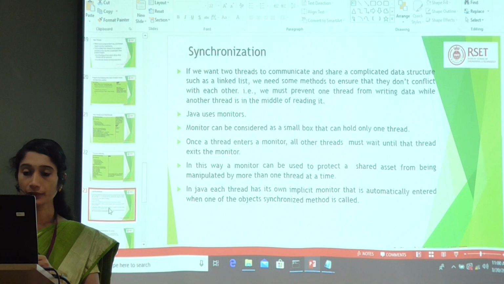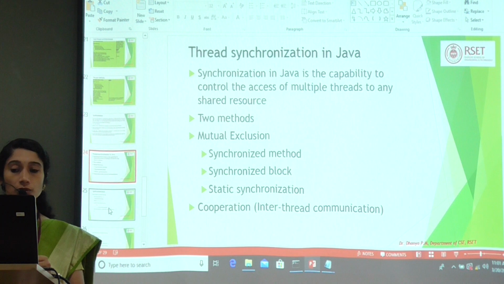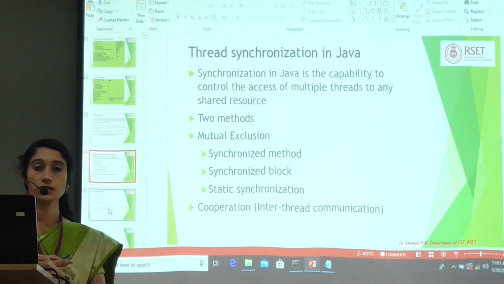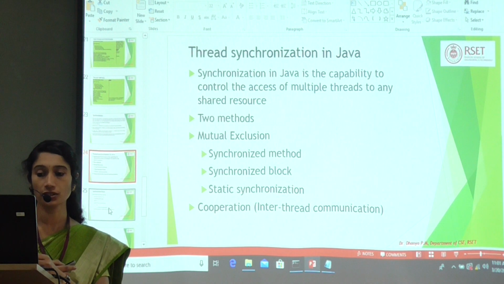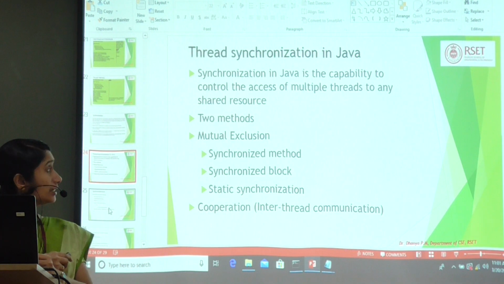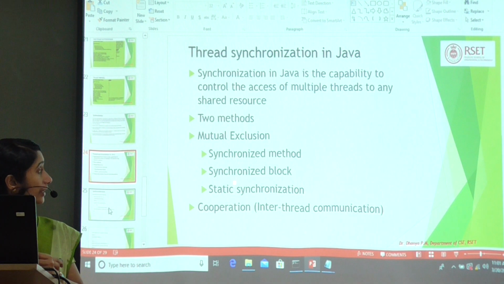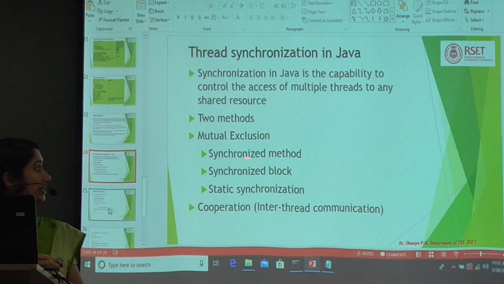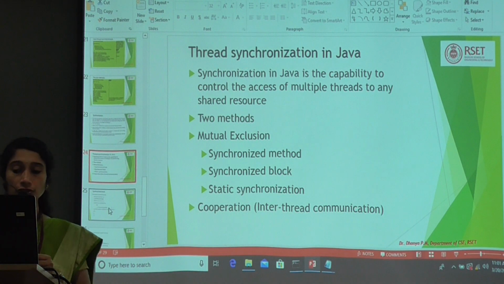Now, this is called thread synchronization. Mainly Java has two methods for thread synchronization. One is mutual exclusion and the second method is cooperation. This mutual exclusion can be done in three ways: synchronized method, synchronized block, and static synchronization. So in the syllabus you have to study the synchronized method and synchronized block. So let's see